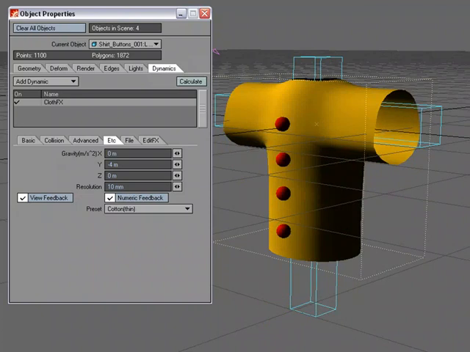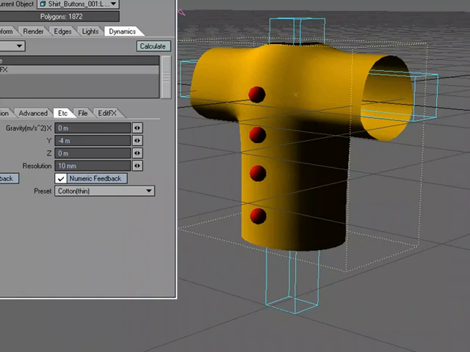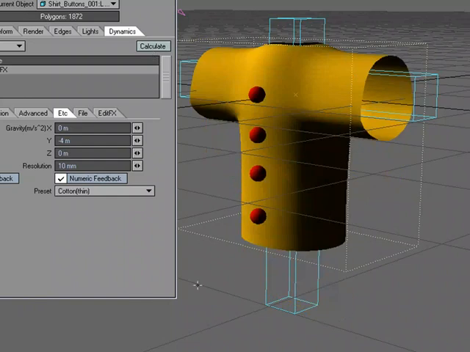I'm going to go ahead and do 90 frames, so I'm going to come down here and change 60 to 90, and because of that, I've only got 60 frames calculated. I need to go ahead and calculate again, and I'll get all my frames. For what I'm trying to show in this video, that looks like a shirt to me, and it's draping, and